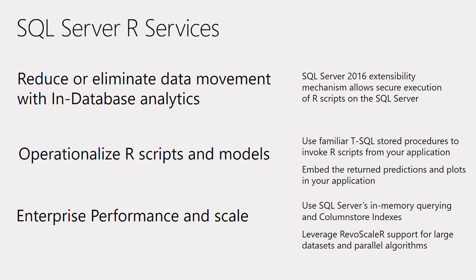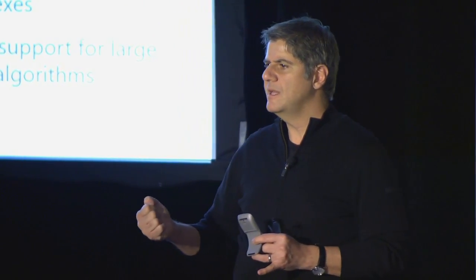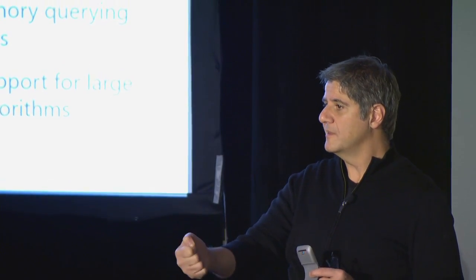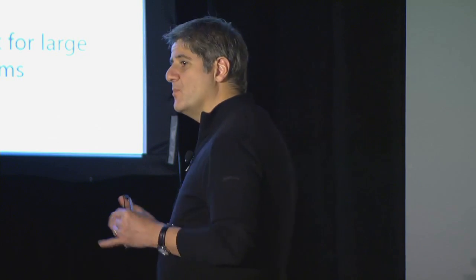So the reason we think that having R inside the database is important is because, again, the data is valuable. The data needs to be secure. The data can't be handed around between data scientists and wherever they happen to be running stuff. And that's just the initial analysis work that people do. But once you have a model, and you've built your model, and you've trained your model, and your model is accurate, and then you want to use the model for actually getting work done, as in score things that happen in real time, then you need that as part of your application. So here's what people have been doing.